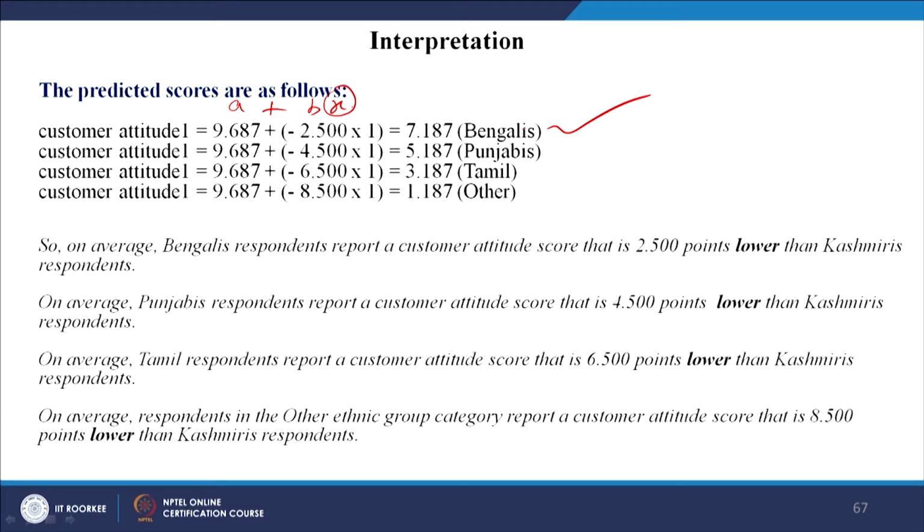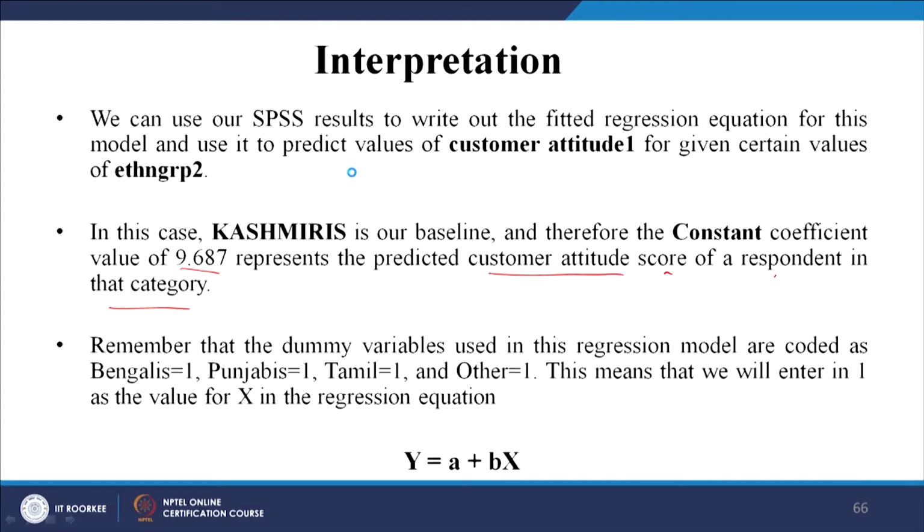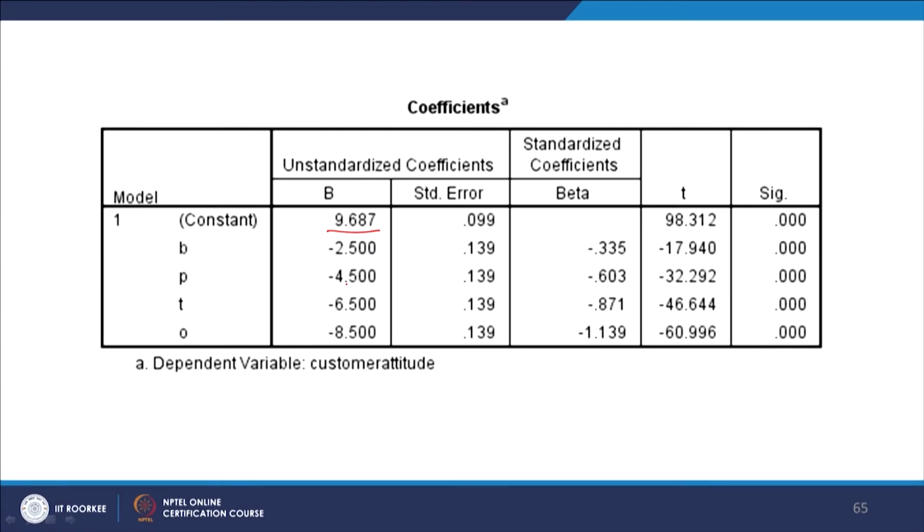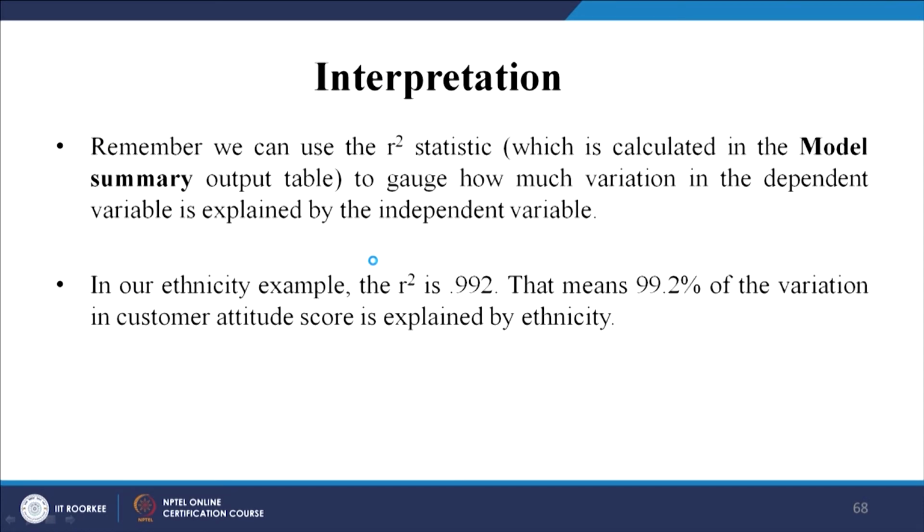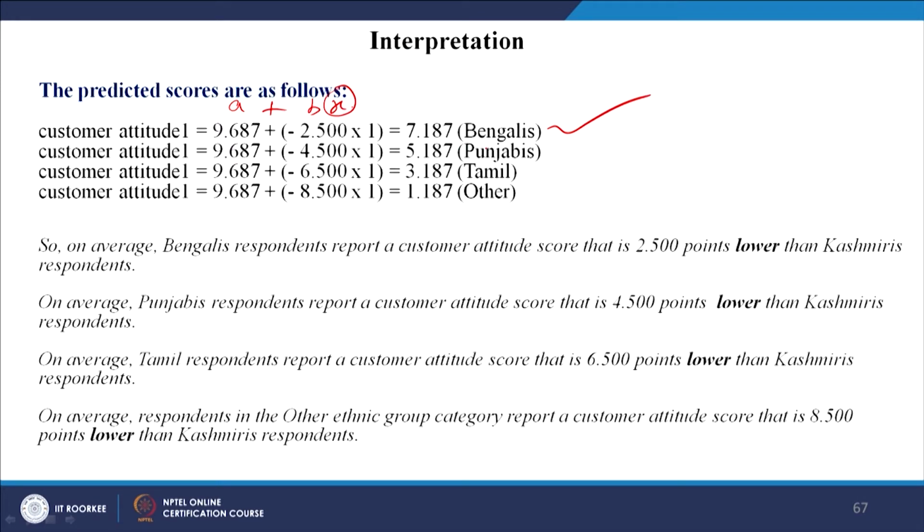Kashmiris. So, Bengalis are being compared to Kashmiris, Punjabis are being compared to Kashmiris, Tamils are being compared to Kashmiris, others are being compared to Kashmiris. So, if you look at the first one, minus 2.5, minus 4.5, minus 6.5 Bengali, minus 2.5 Punjabi, minus 4.5, it goes on, right. So, this is when you multiply, this is the total score you are getting